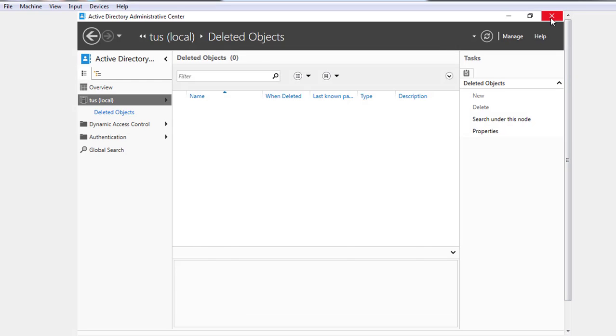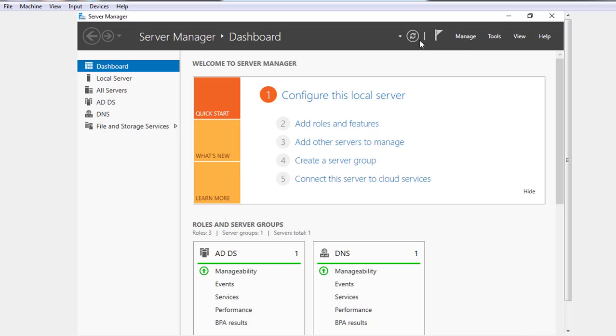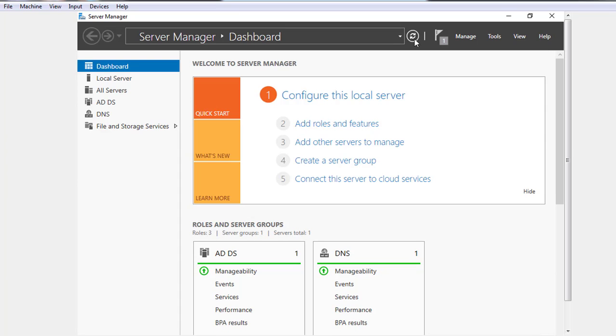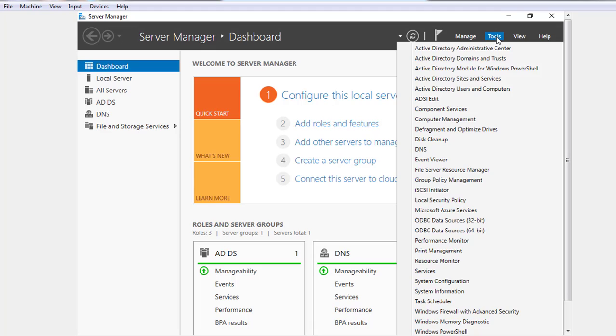Now close this. Now refresh our server. Now click on Active Directory Users and Computers.